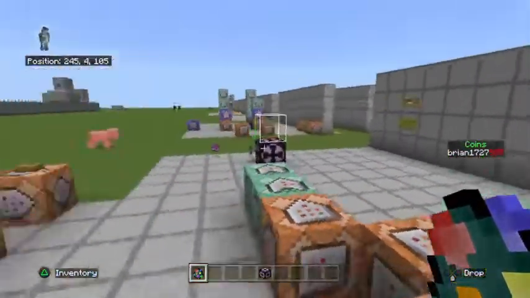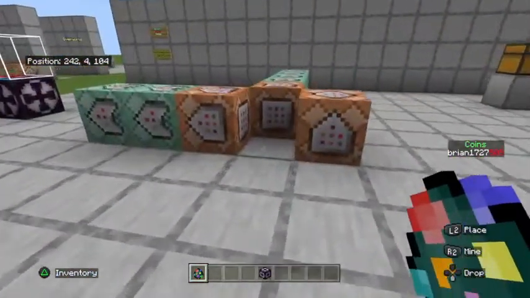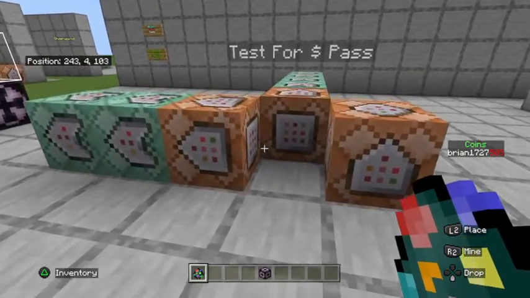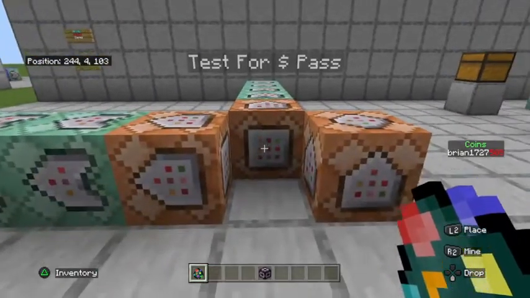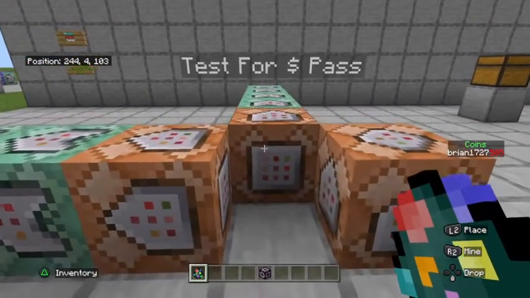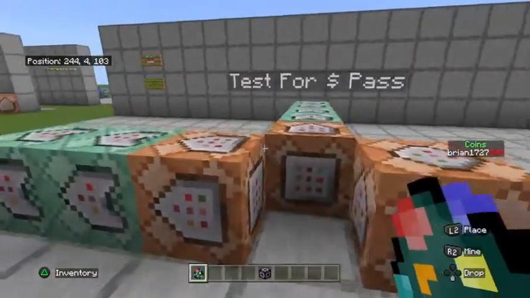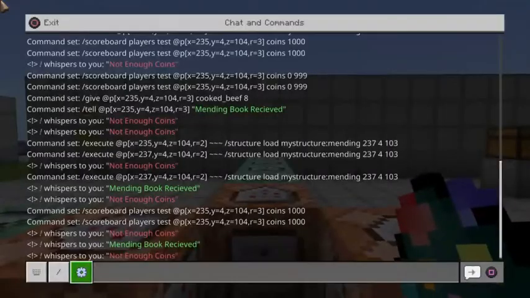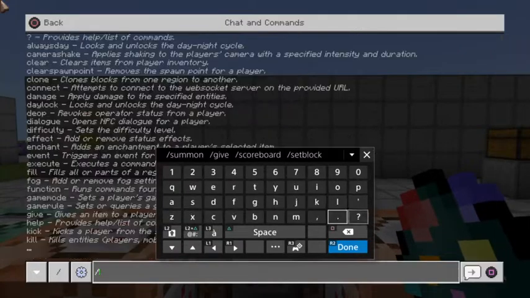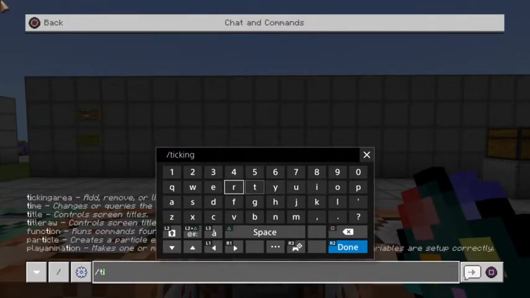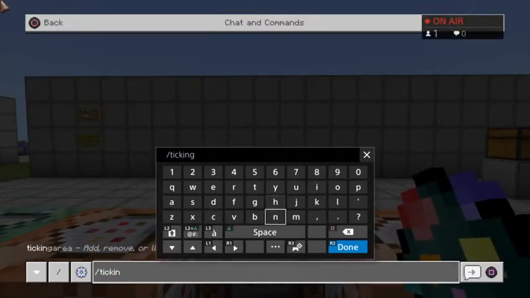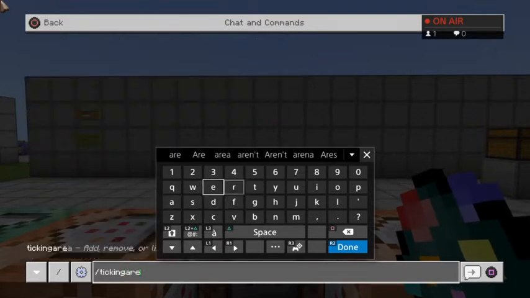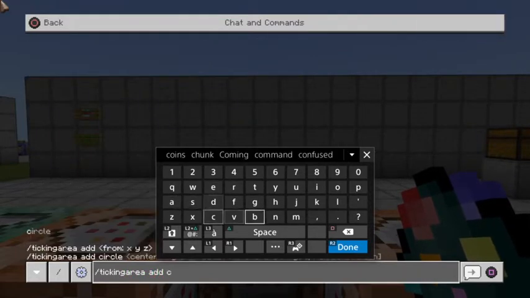So you can write down your coordinates, and then you're going to need to set up a row of commands in this shape here, and we're going to set that up in a ticking area. If you guys aren't familiar with setting up a ticking area, you're going to want to have one in a secure room, and just real quick you're going to go /ticking area, add circle,